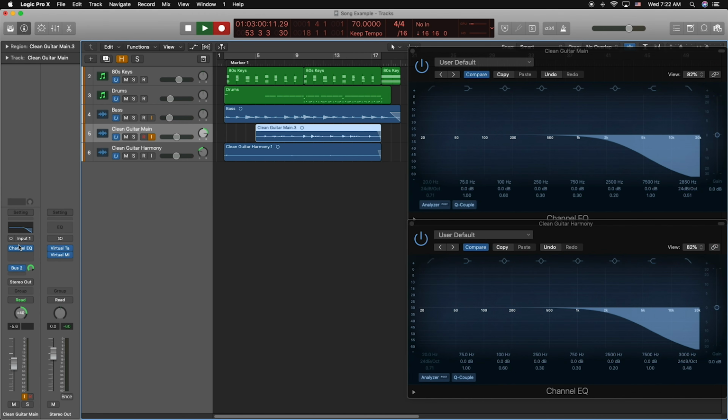Notice how the only thing on the signal chain is an EQ and a bus sent to an aux track to, I believe, a guitar plate, which is also allowing me to create that depth, but we'll get into that in another video. And here in the EQ, we have a 24 octave slope with a cut at about 2800